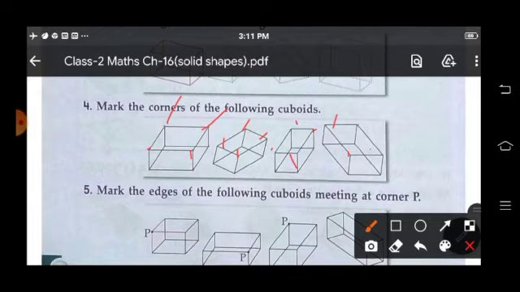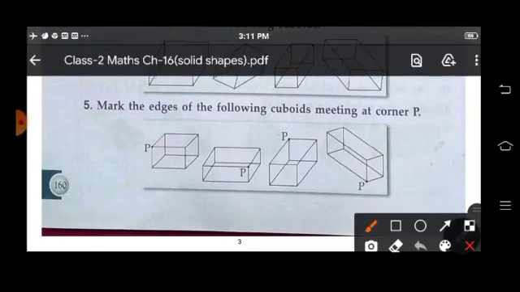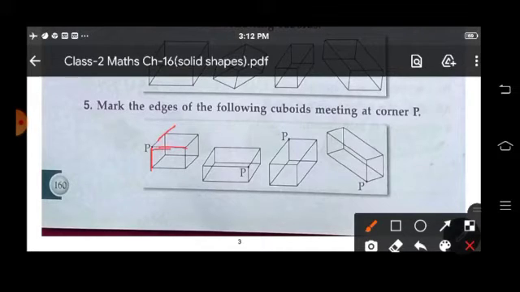Okay? Now mark the edges of the following cuboids meeting at corner P. So here 1, 2 and 3. Okay? So these are the three edges which meet at P. So 1, 2 and 3.